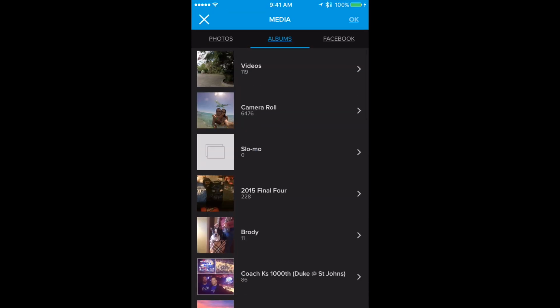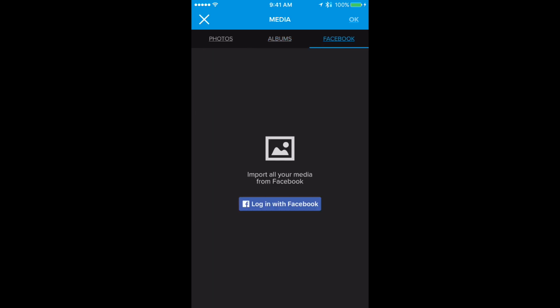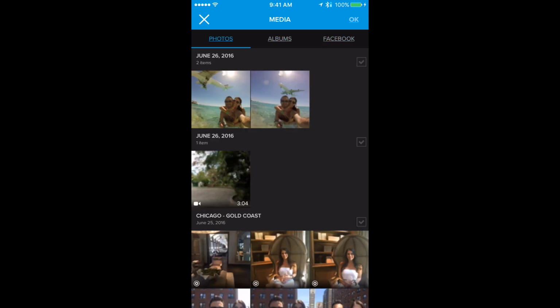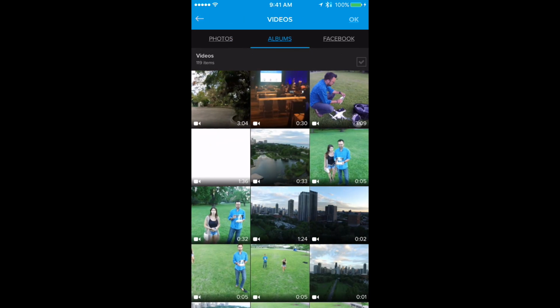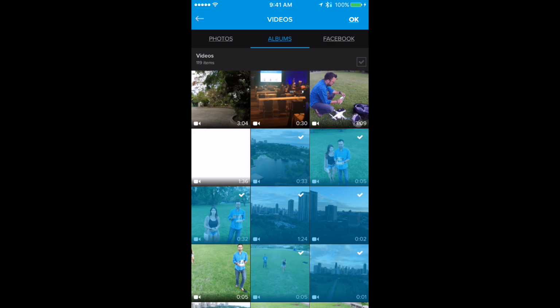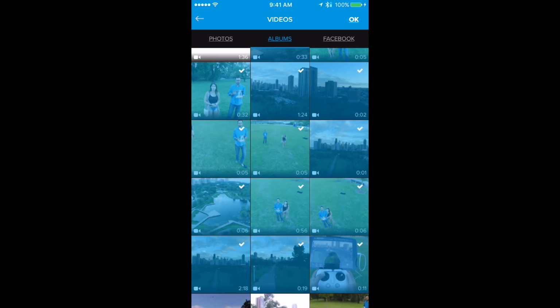And you have all your albums here. You can log into Facebook if you want and pull any media that you have there, and also drag in some video or some photos as well. However, I'm going to concentrate just on the albums here. So I'm going to go into videos, and let's do the one that I made of Chicago. Here we'll just select all of these pieces of footage,